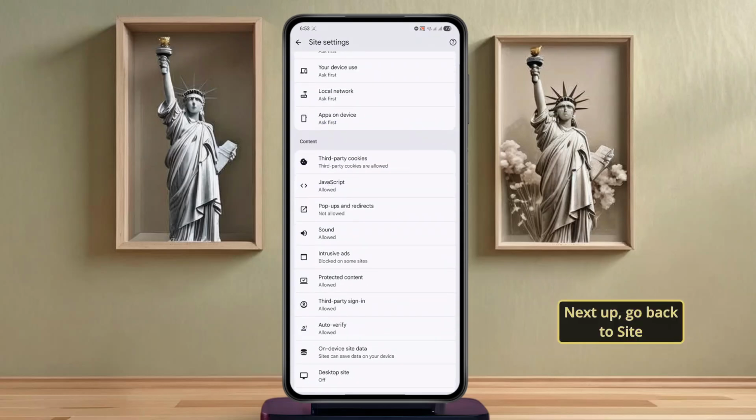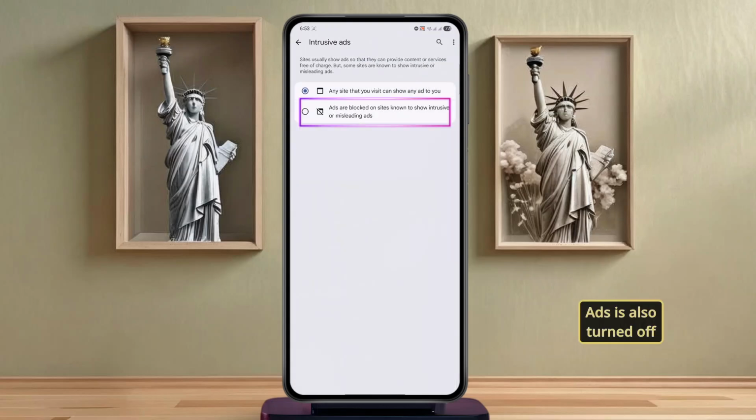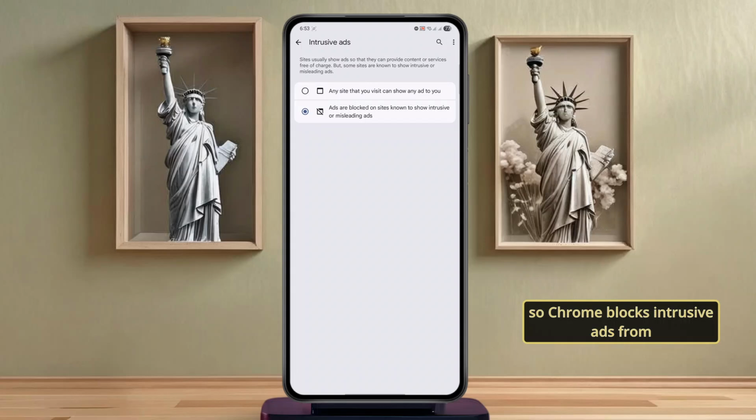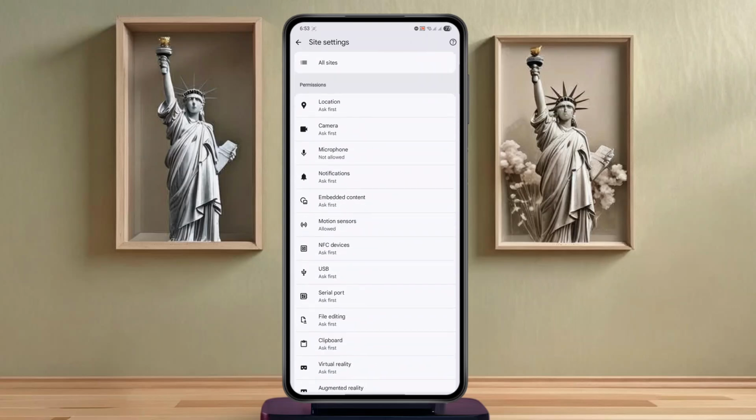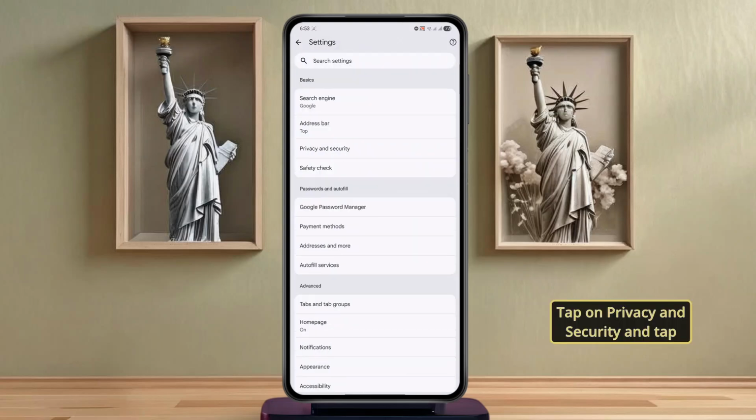Next up, go back to Site Settings and tap on Ads. Moving on, make sure Ads is also turned off so Chrome blocks intrusive ads from appearing on sites that show excessive advertising. From here, go back to the main settings page, tap on Privacy and Security, and tap on Clear